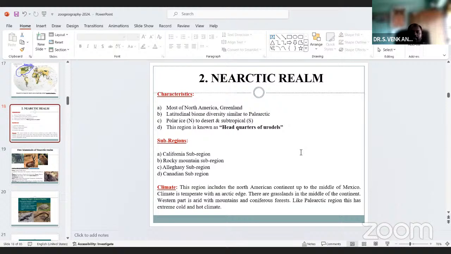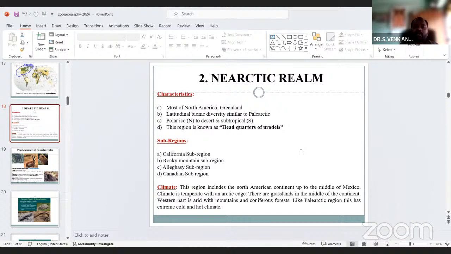And the fourth one, this region is known as the headquarters of Eurodillas. Very, very important. Where do the Eurodillas live? The Eurodillas live in the Nearctic region, which covers North America and Greenland. So these two regions are where the Eurodillas live.